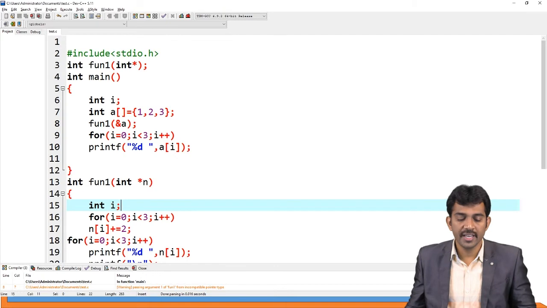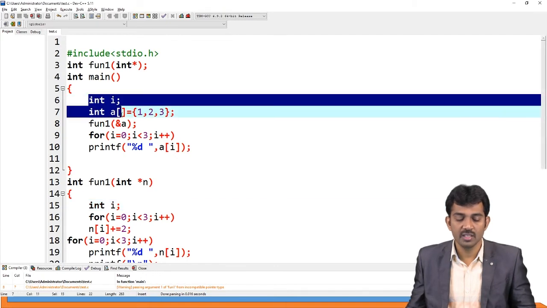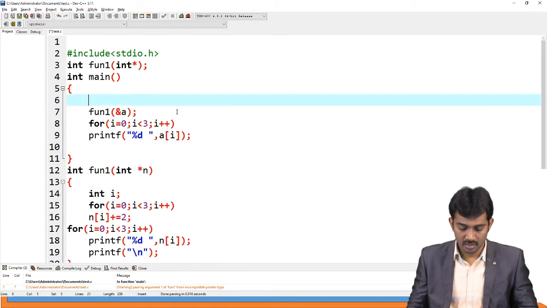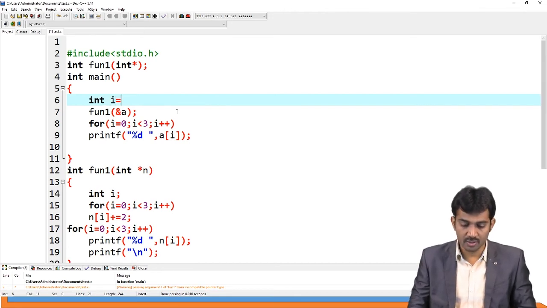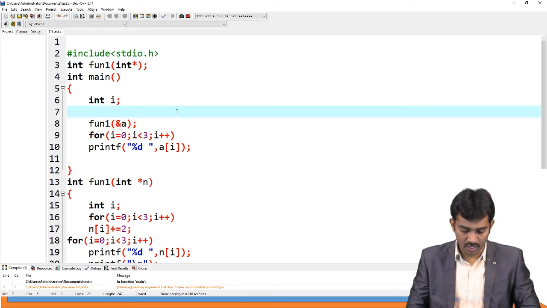For example, instead of sending this one, see, int i equal to i, and also I'm going to take char a of equal to IARE.